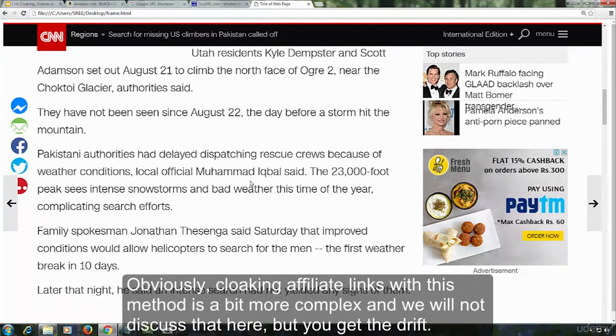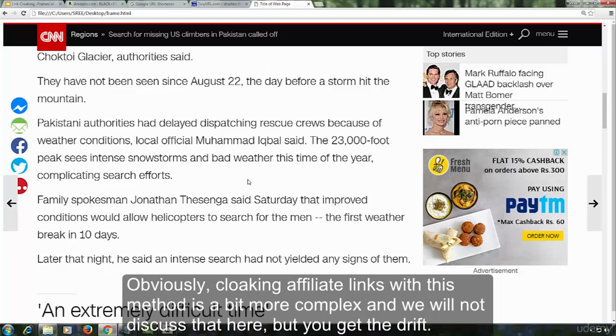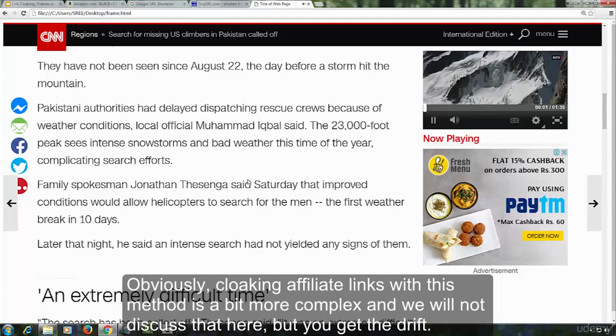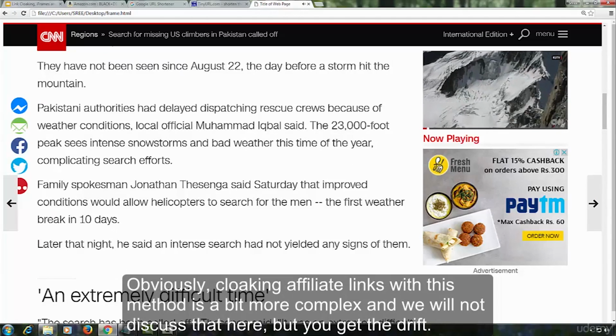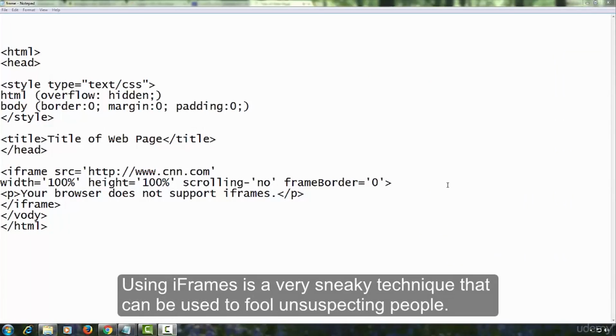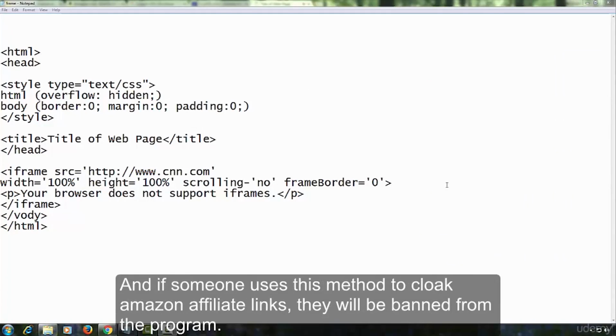Obviously, cloaking affiliate links with this method is a bit more complex, and we will not discuss that here, but you get the drift. Using iframes is a very sneaky technique that can be used to fool unsuspecting people, and if someone uses this method to cloak Amazon affiliate links, they will be banned from the program.